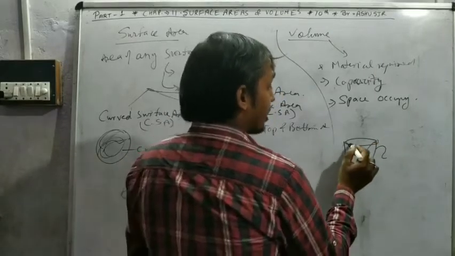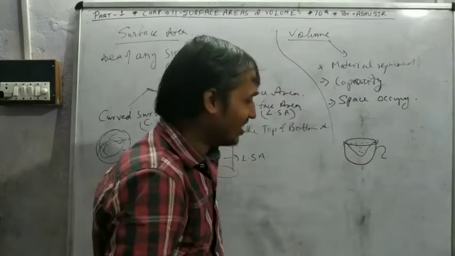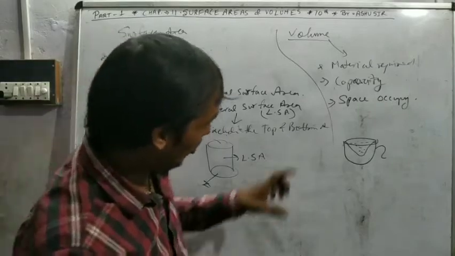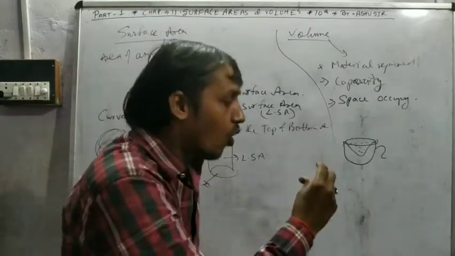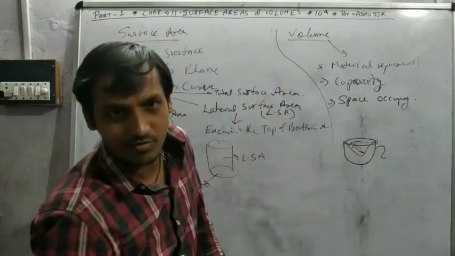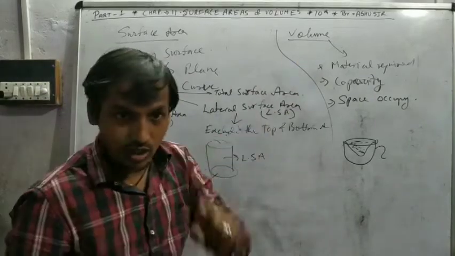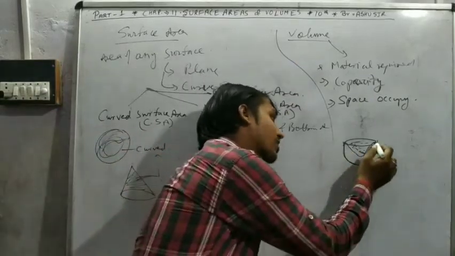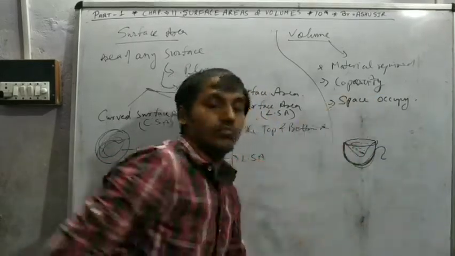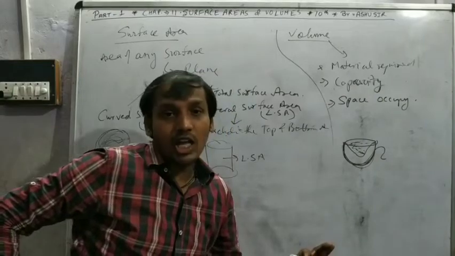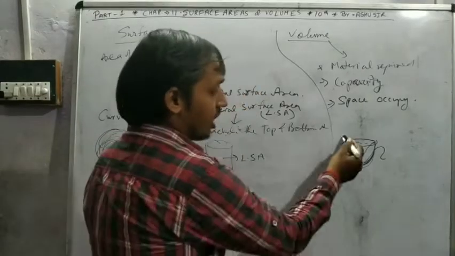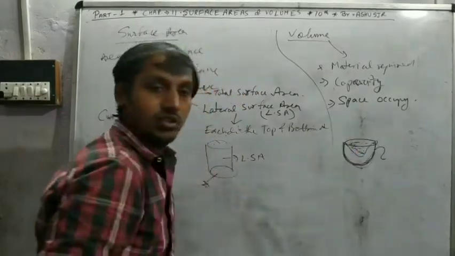So the capacity of tea is only this. When you serve that to any person, they think, oh, a lot of tea, but oh, only this much tea. So this is the capacity. This is also found by using the formula of volume. And this whole cup is also used to find the volume. This is the space occupied by the cup. They are both part of the volume, but both use different formulas. Here the outer, here the inner capacity.